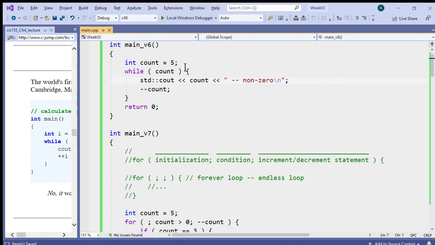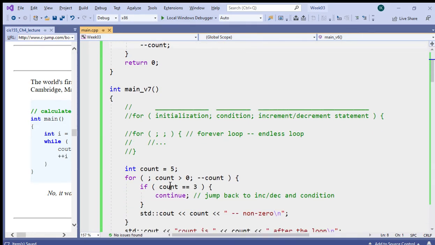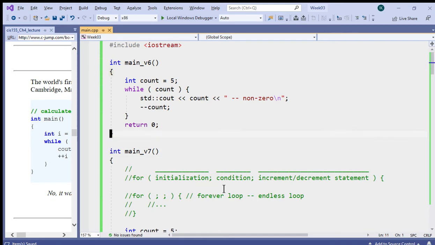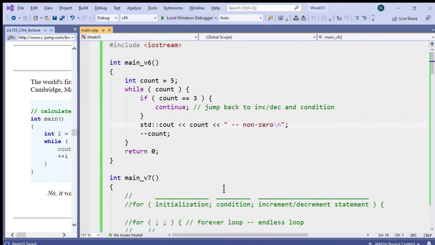Let's try to accomplish the same checking for things just like this inside the while loop. So for some reason, let's do the same thing. We have a loop controlling variable named count. We check its value in a condition. Then we also have our if statement, right? Our if statement,